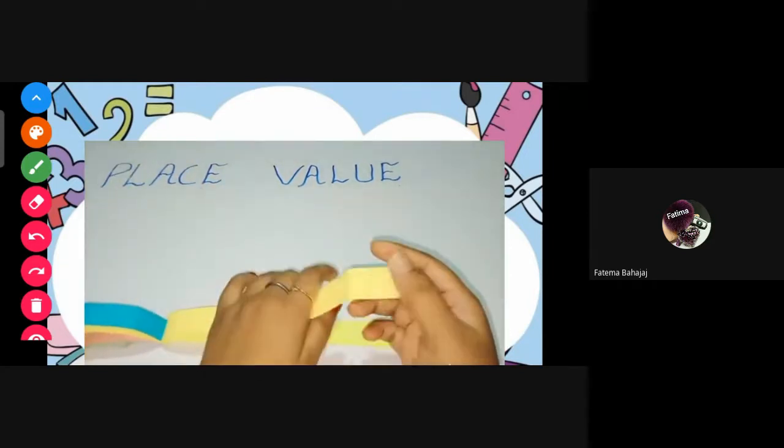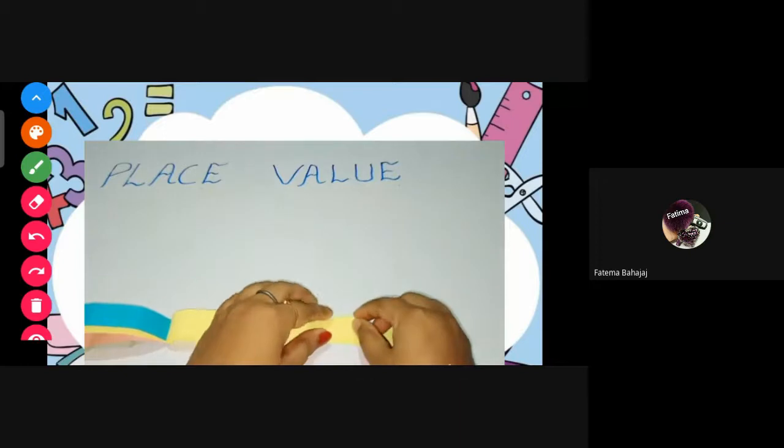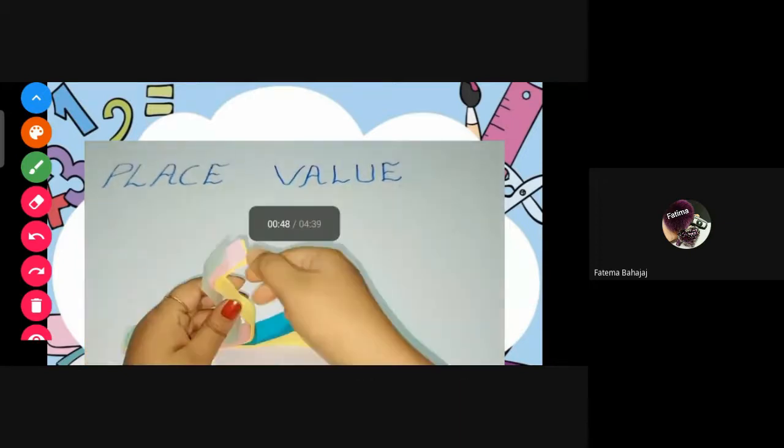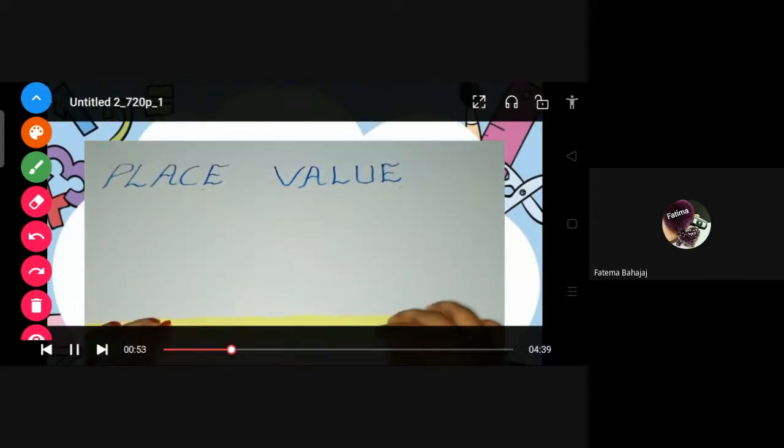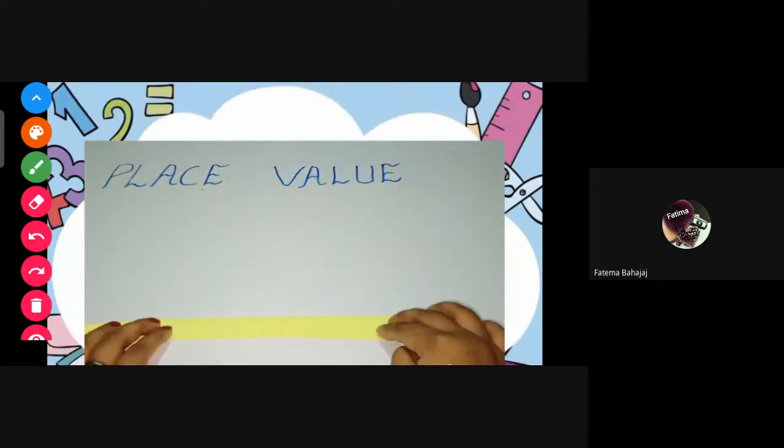Then now take one strip and fold. That was the first strip. I'm explaining again. This one is the first strip. You don't have to fold this one; keep it open like this, the bottom-most one. Which one is at the bottom? That strip you don't have to fold. Put it like this only.